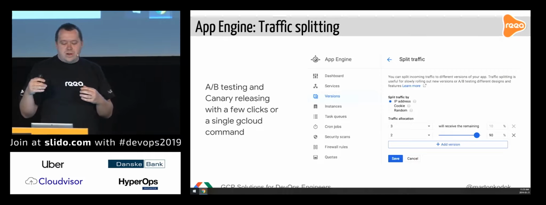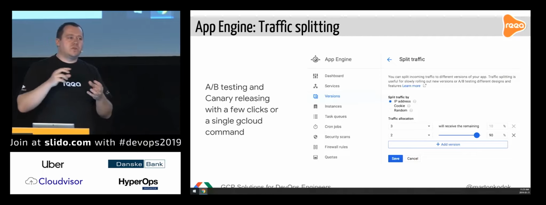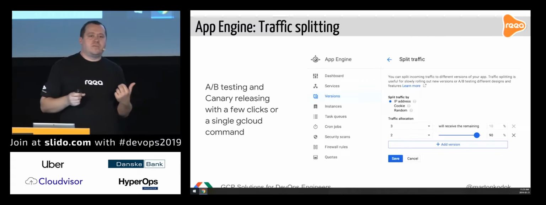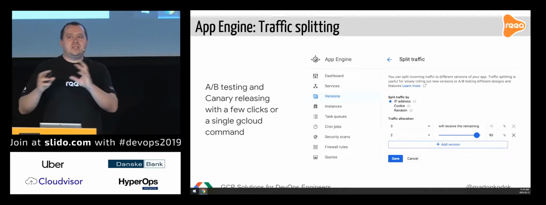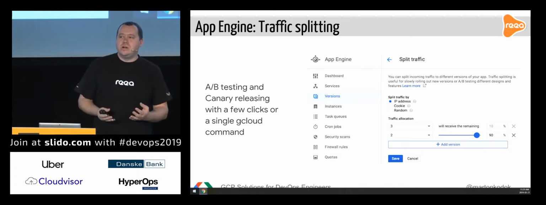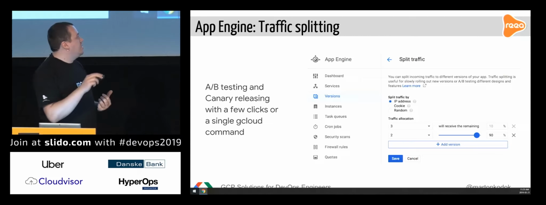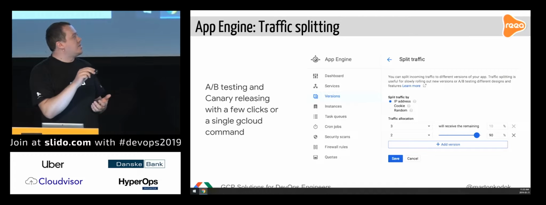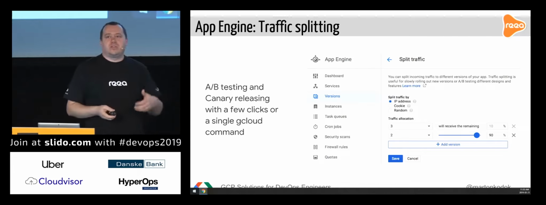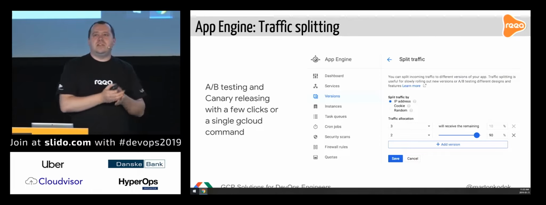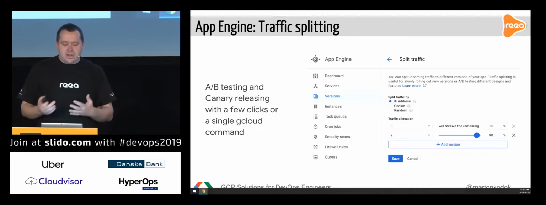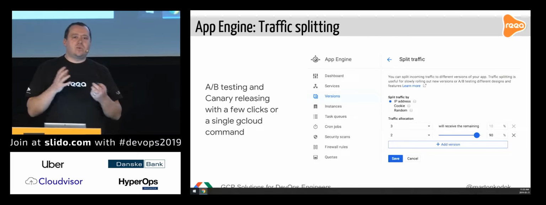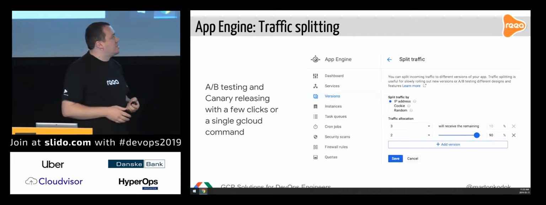Or you have a customer where you have a SaaS application, and one of the customers is actually a higher user of the platform. You can set up a special cookie for that and actually route to different versions. So these kind of experiences I want to share with you from the general definition. You see here the version number simplified, like number 2 gets 90% and number 3 gets 10%. Of course, this is on an interface, but this can be tooled, and you can actually share and also roll back with different situations. So we use this kind of versioning in about 30 situations in the App Engine